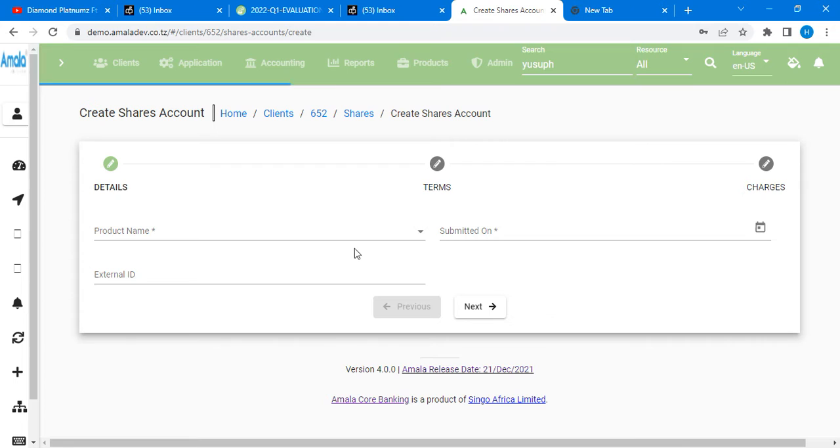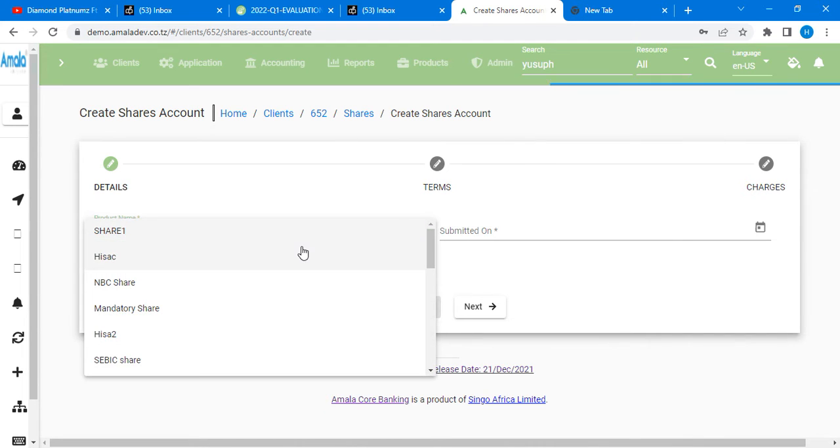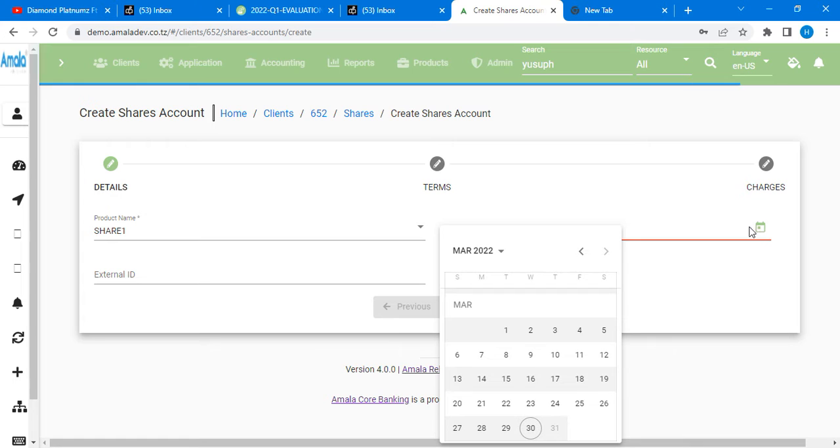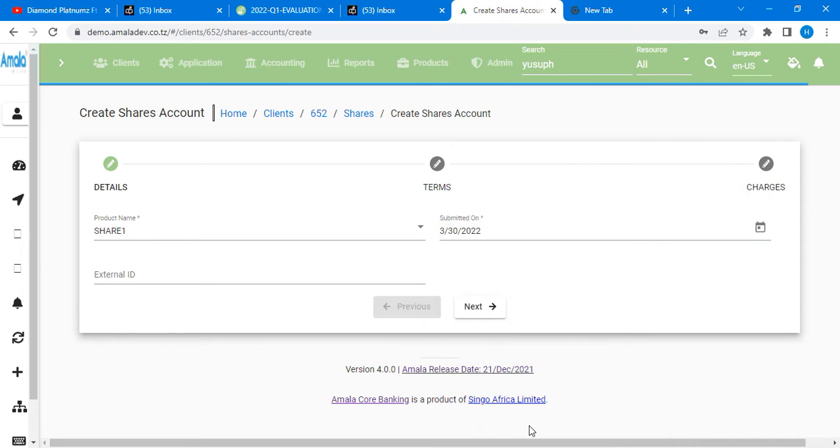Then the form which needs to be filled will come up. Before you fill in this form, let's keep in mind that all those fields with a star are mandatory. So here I'm going to start with the product name. I'm going to select the product name of the share I need to open an account for Yusufu. I'm going to select it, share 1, then the submitted date I need for this share account. For example, today